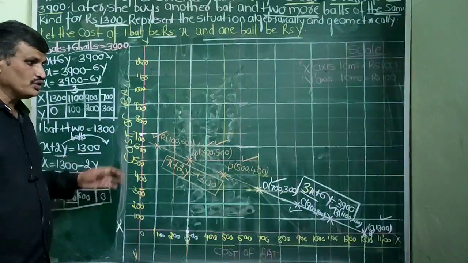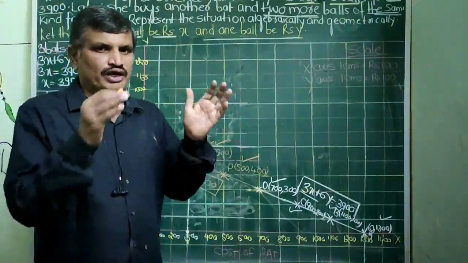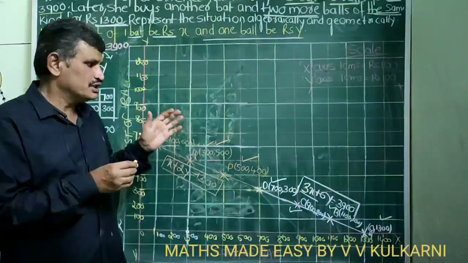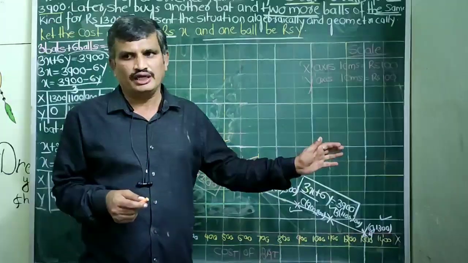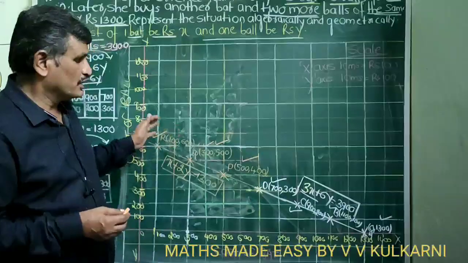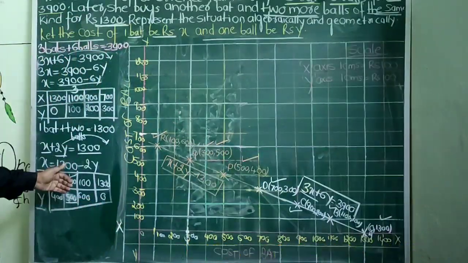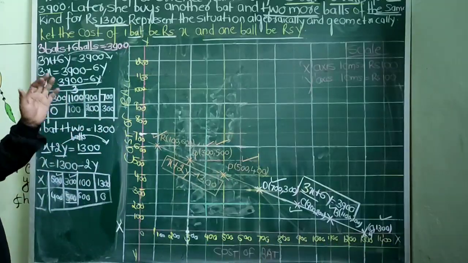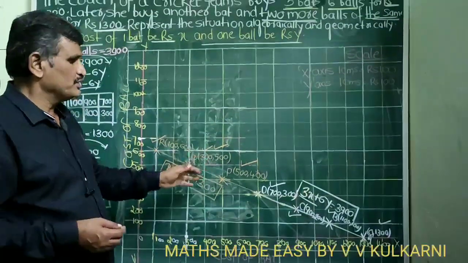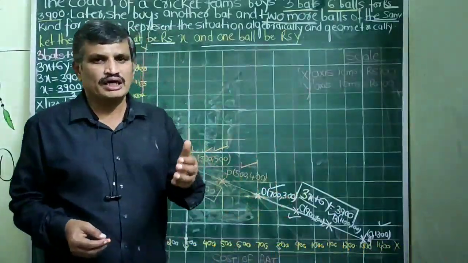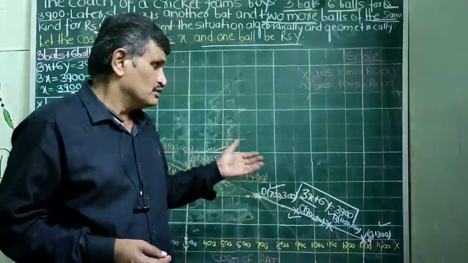So children, what you can notice here is, when I plot the graph of these two straight lines, I am getting a coincident straight line. So this is the conclusion that you have to draw, that if I draw the graph of these two equations, the result that I am going to get is a coincident straight line. That means it has many solutions and it is dependent and consistent. So this is what you have to draw.